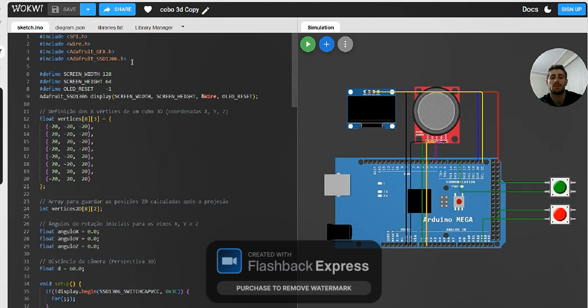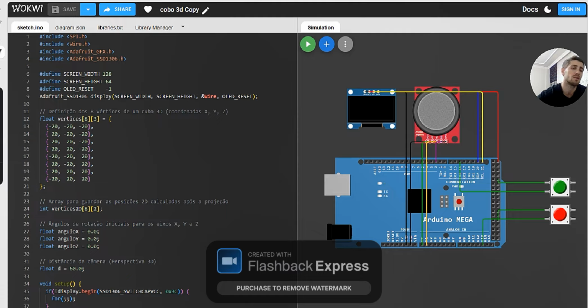Then all 12 edges of the cube are drawn by connecting the calculated vertices. Finally, the OLED display is refreshed and the rotation angles are increased to create a smooth, continuous animation. This process repeats many times every second, producing a realistic rotating 3D cube.